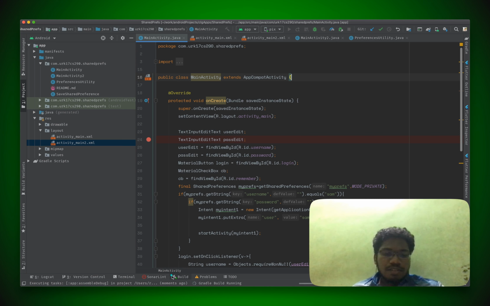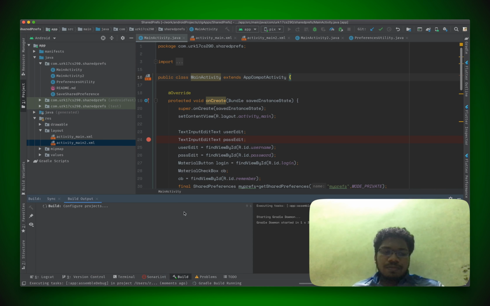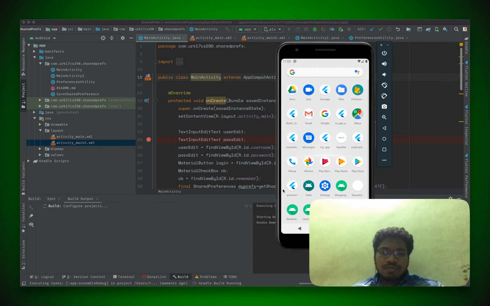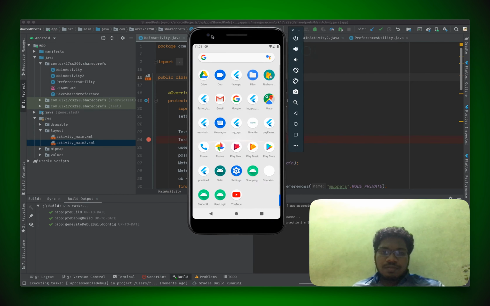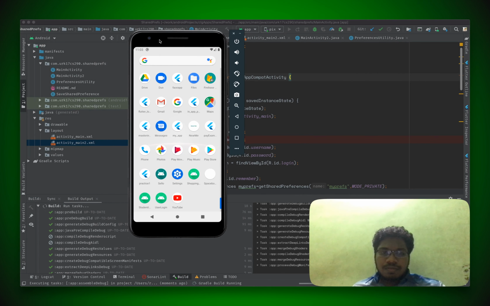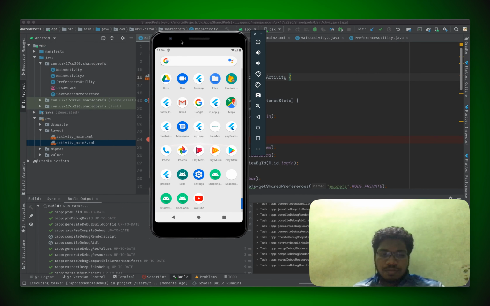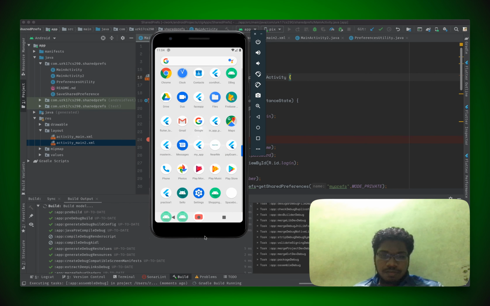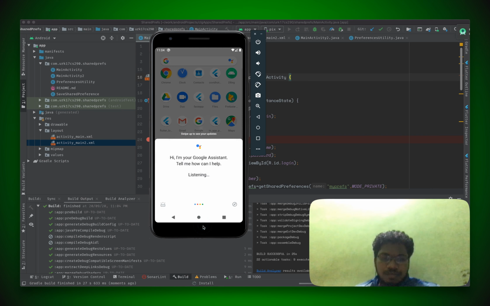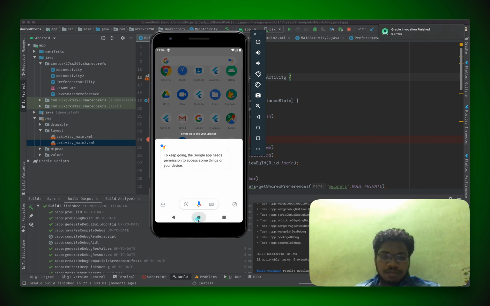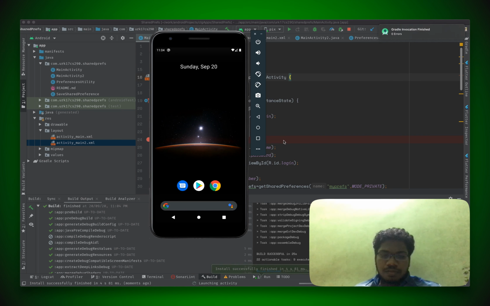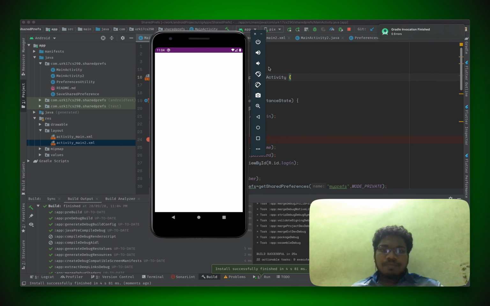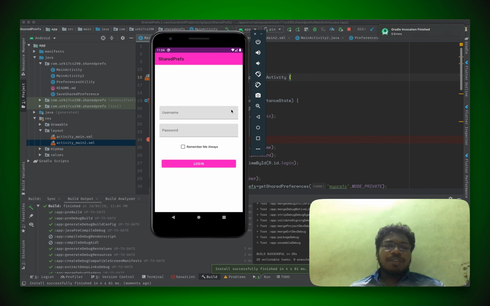Okay, it's building. Let's see. Okay, so you can see the app here.